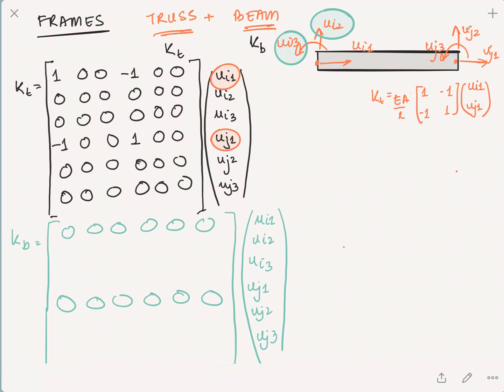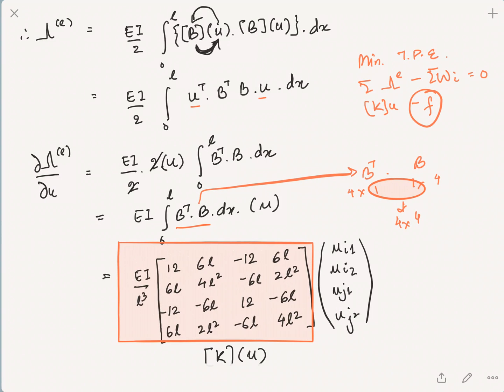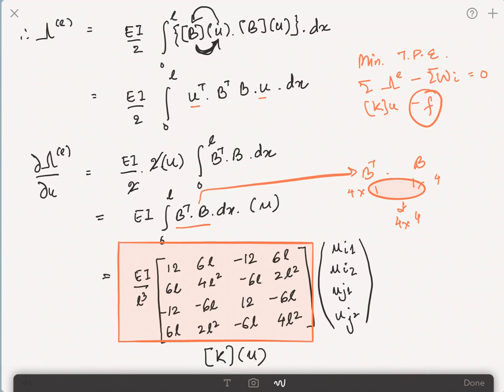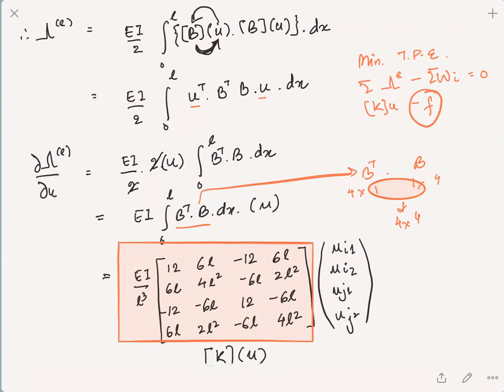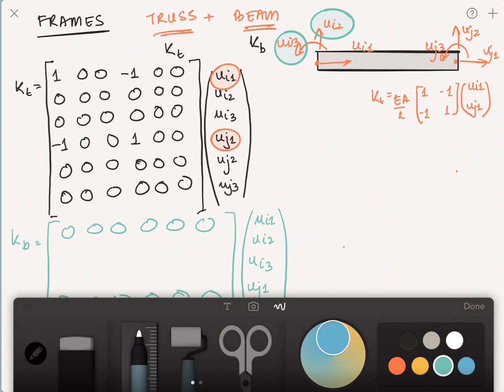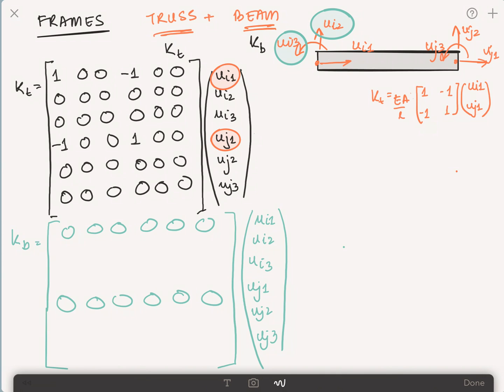And we have the standard stiffness matrix that was derived for beams, and we are going to copy these values into the correct locations. So now if I go back here, then we will have